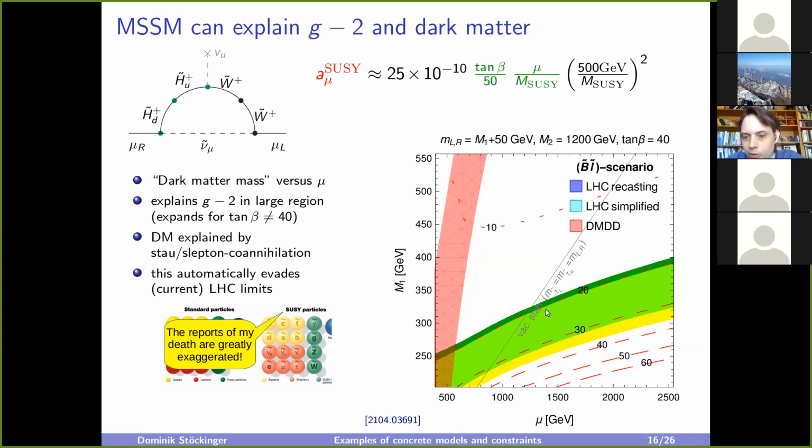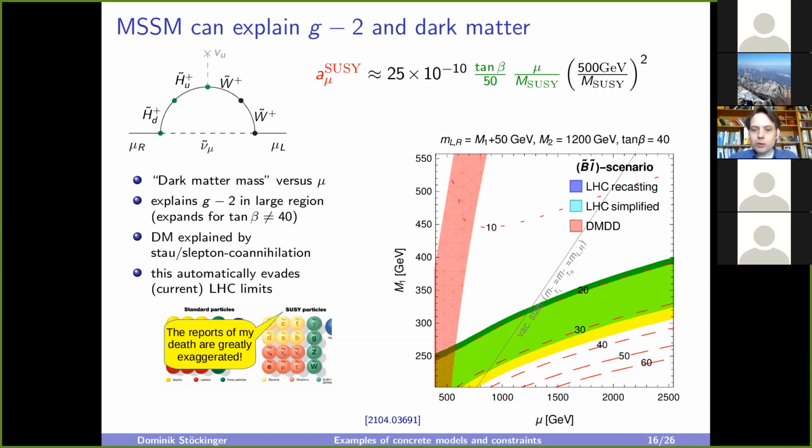But anyway, you see from this behavior that large mu actually increases the range of g-2 explanation. So a large Higgsino mass helps. But for all values of the Higgsino mass here in the plot, we can explain g-2. In the plot, we also explain dark matter by stau or slepton co-annihilation, which means that the slepton masses are very similar to the Bino mass in this particular case. That is required by dark matter.